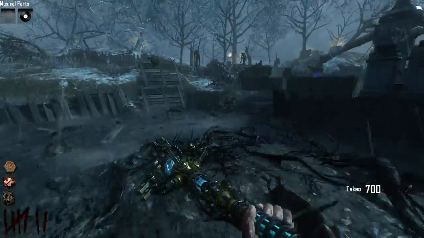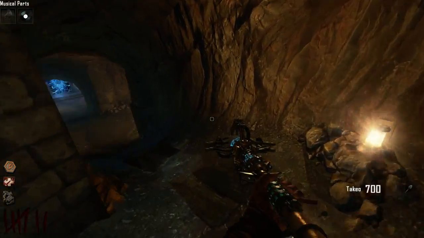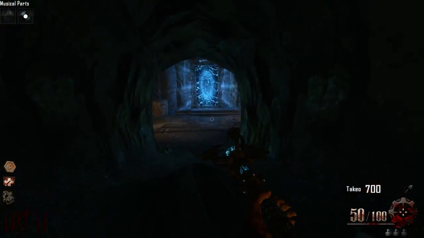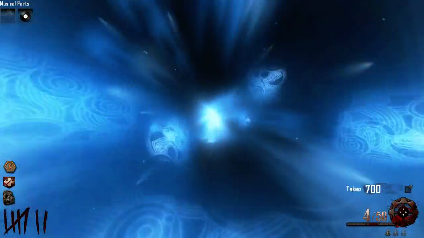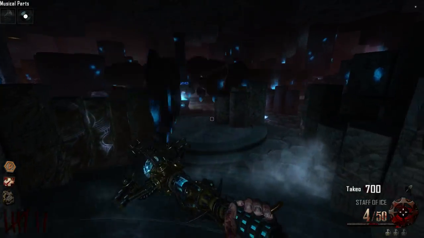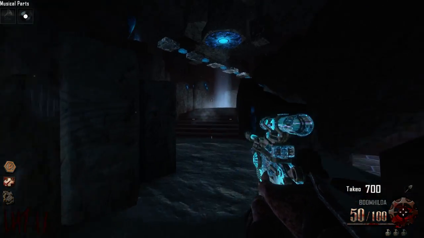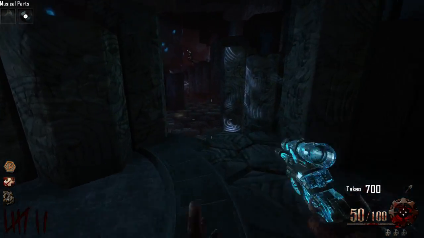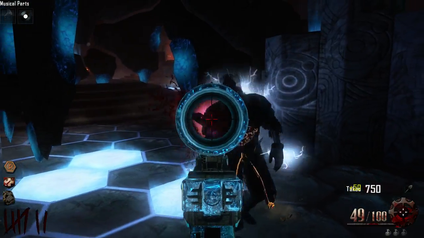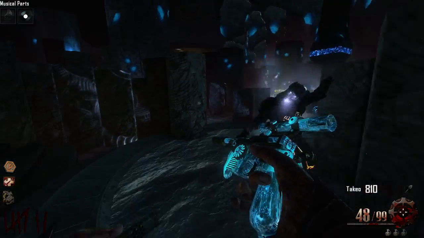If I go down, it's whatever. I should be able to do this without going down. Juggernog, then you're going to want, obviously, your Quick Revive. Then I like to have Double Tap and the other thing, which is called what? Oh yeah, Speed Cola. All right, so now that we're done with all that, we pretty much just kill stuff until